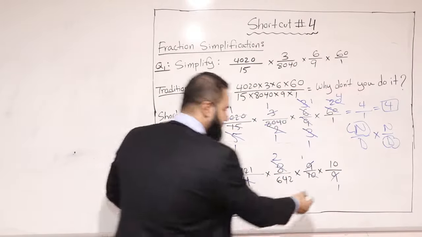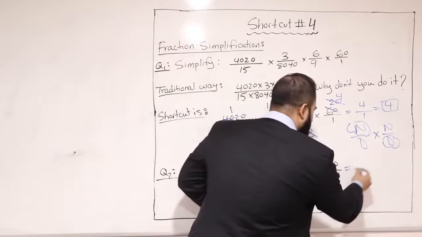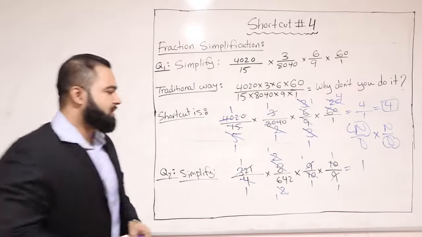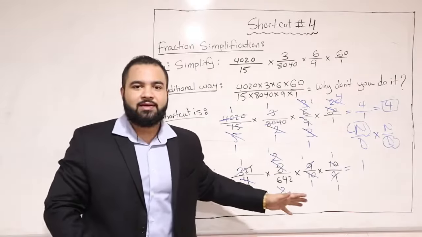And finally, we can see that these 2 and these 2 can be simplified to 1 and 1, meaning you divide both of them by 2. And the final answer would be just 1, because that's all that is surviving. So if you know the simplification, your multiplication will be much easier, unless you want to do it the traditional